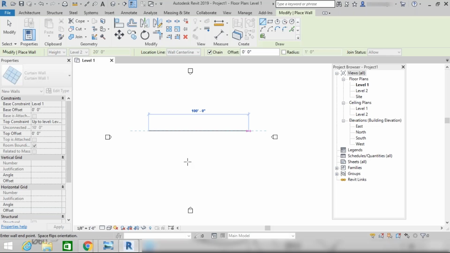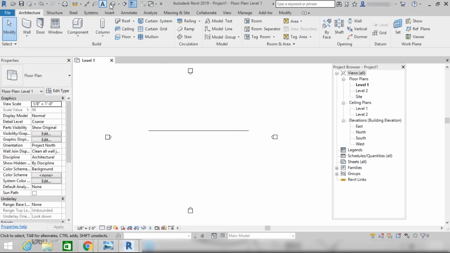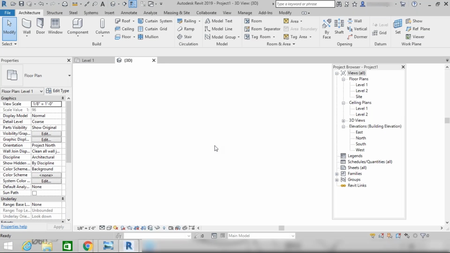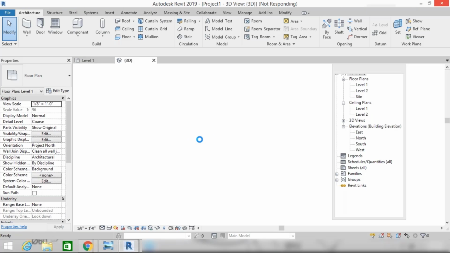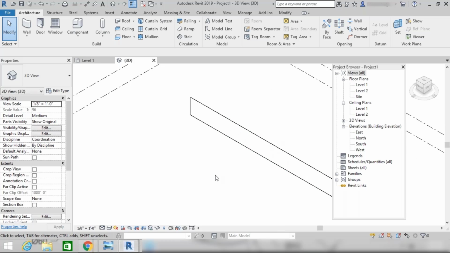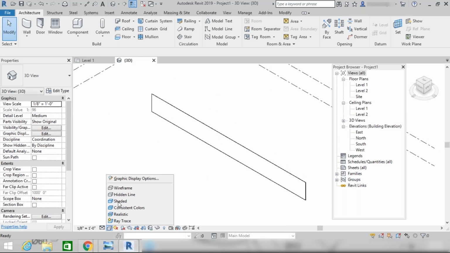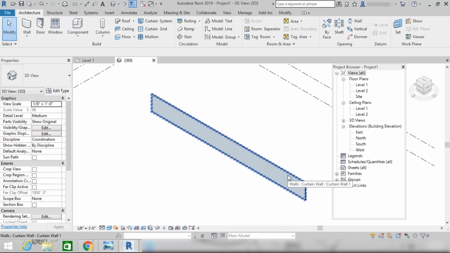Let's see how it will look in 3D. If I switch to my 3D view, here you can see my curtain wall. A curtain wall is nothing but just a glass wall. If I change to my shaded view, it will look like this. So a curtain wall is a glass wall.